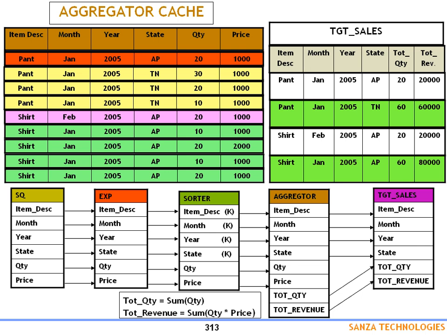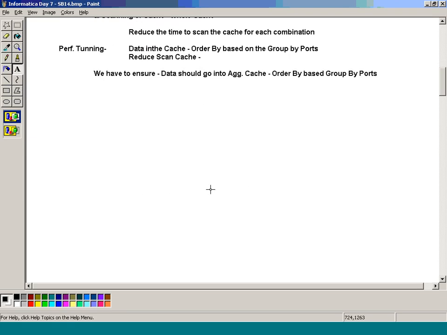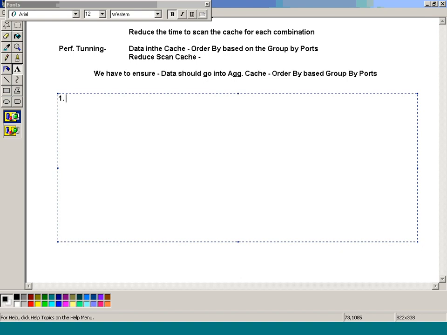Now, if you want to do performance tuning on aggregator transformation, data should come into the aggregator transformation